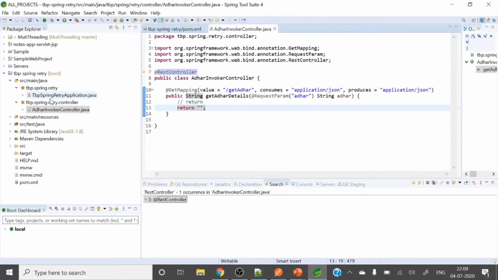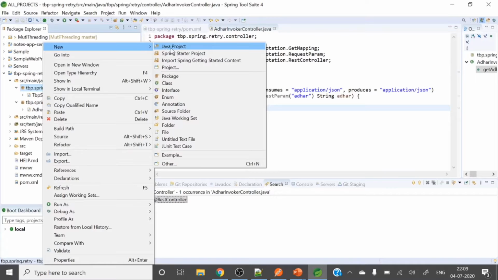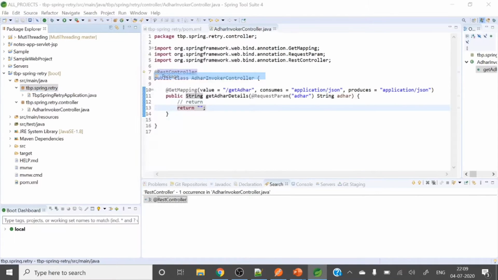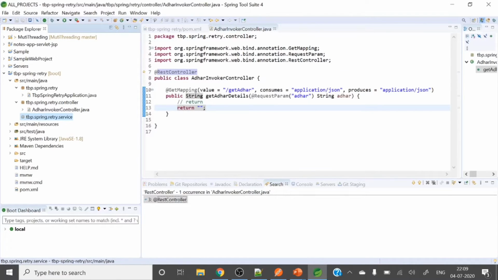So let's write one service class. Let me create one more package, package service.